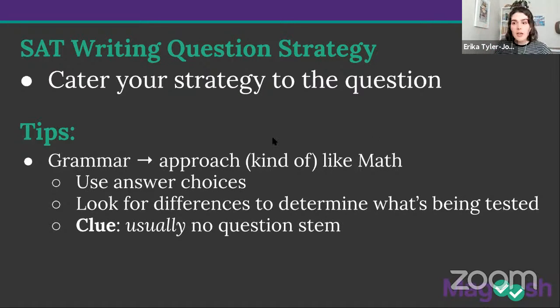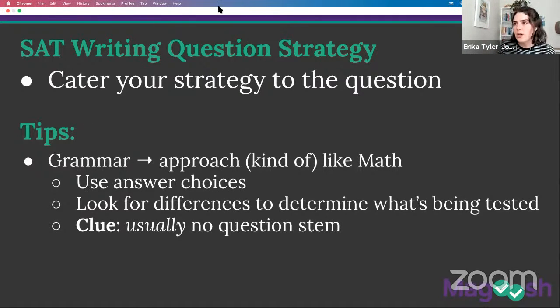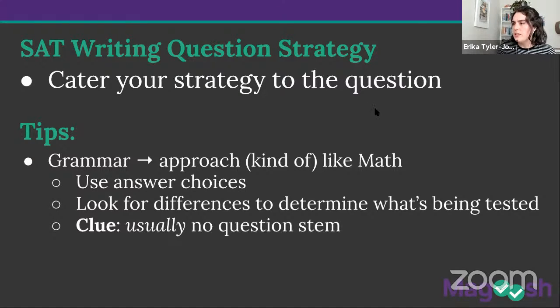And again, a question stem is just text after the number. So for instance, let me just draw that. If you had, say, question 25, a question stem would be the words after that, like, what should the author do to blah, blah, blah, with a question mark. That's a question stem. And then we have the answer choices. Usually for a grammar question, no question stem. It just skips straight to the answer choices with A being no change in almost all cases. Does that make sense? Cool.